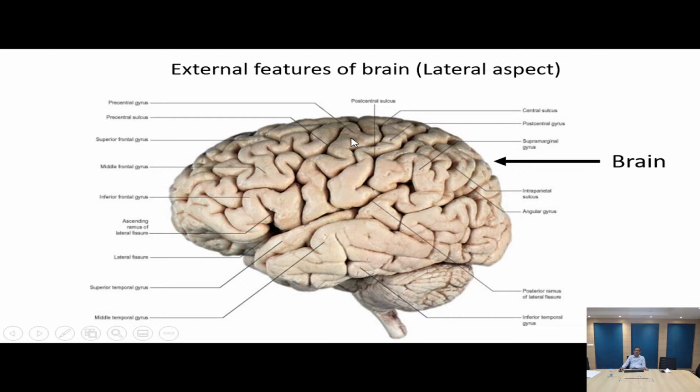Similarly, if these are damaged, then the person will suffer from paralysis, or if this is damaged, the person will suffer from some kind of anesthesia, as a result of which the person will not be able to feel pain, touch, temperature, proprioception, and so many other things in the sensory area. So the point I am trying to tell you is that our brain has specific areas which are doing specific functions. Similarly, if you look at the lateral sulcus, then